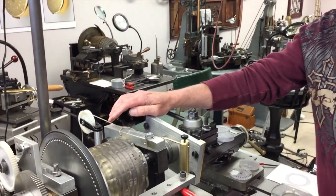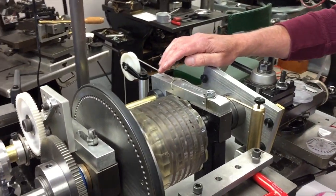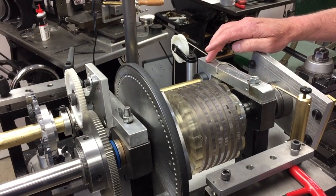It's really, really simple in that you have one piece of stock, 2 pieces of aluminum, and 2 aligned bushings. It is probably one of the easier projects I've ever made compared to making a geometric chuck, which takes at least 24 hours, a lot of time and a lot of thinking, a lot of processes involved. Whereas this is an afternoon project to make the second spindle. So it's one of the easiest projects to ever